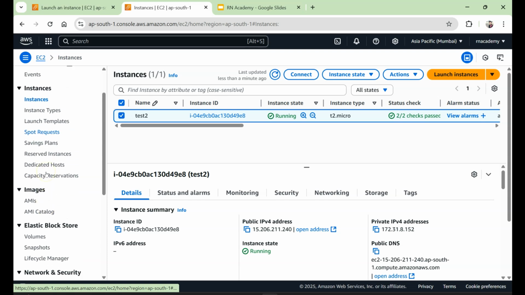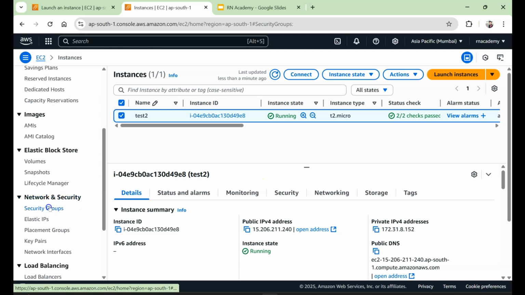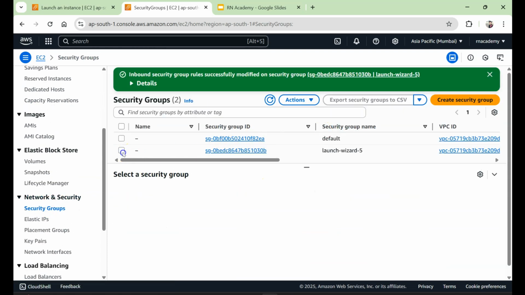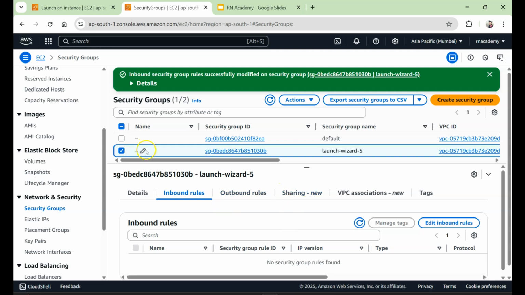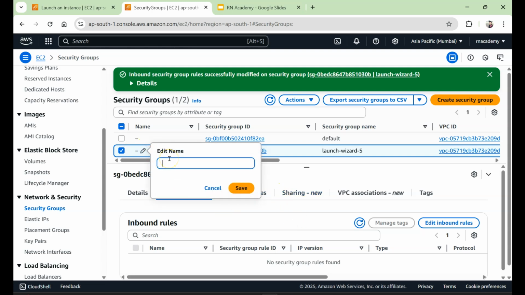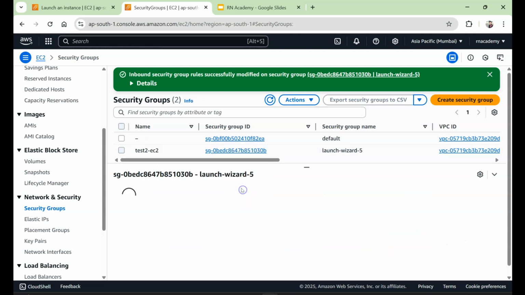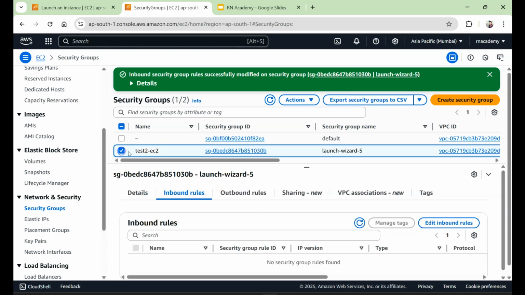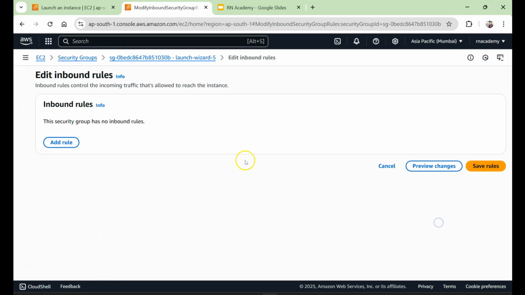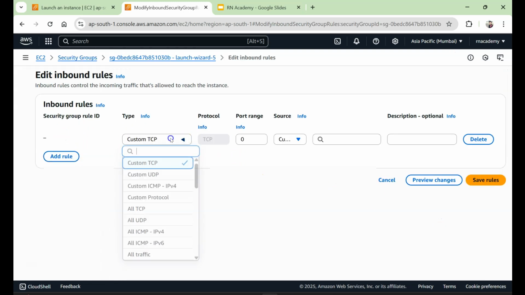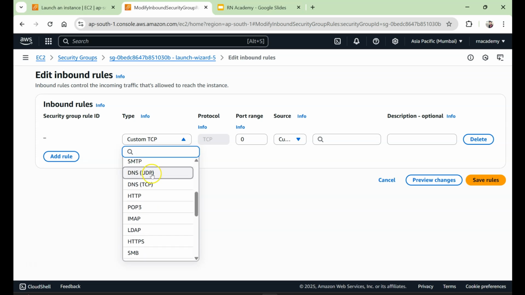Now again, let me go back to the security groups and select that security group. You can give it a name also, so that you can recognize it. Click on it, and let me edit the inbound rule and add that rule back, so I can select the rules from over here,